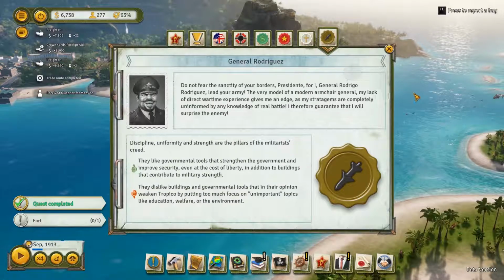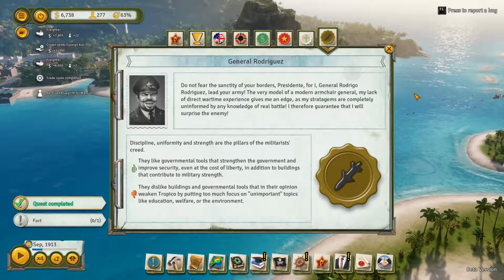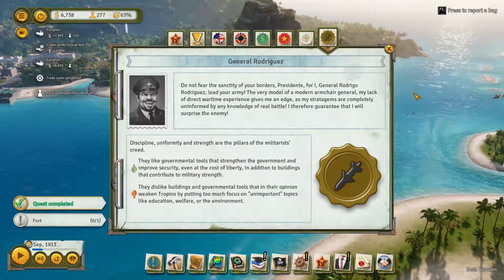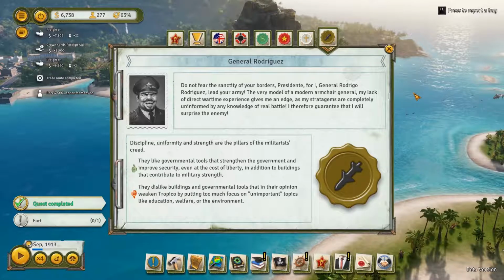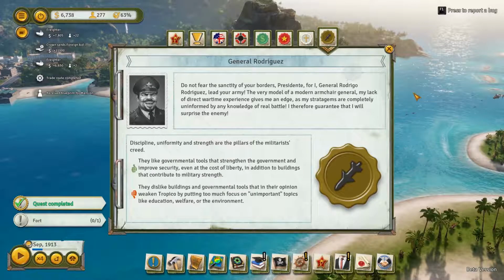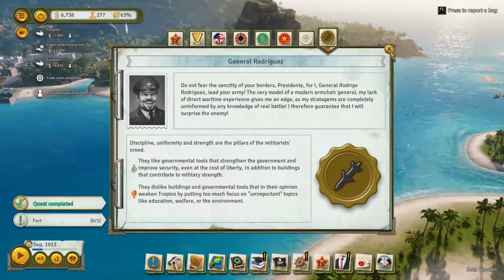It sounds it. Fear the sanctity of your borders, Presidente, for I, General Rodrigo Rodriguez, lead your army. The very model of a modern armchair general, my lack of direct wartime experience gives me the edge, as my stratagems are completely unadulterated by any knowledge of past battles. I can therefore guarantee that the enemy will not be surprised. Oh, that's weird. It's not even what he said, but...